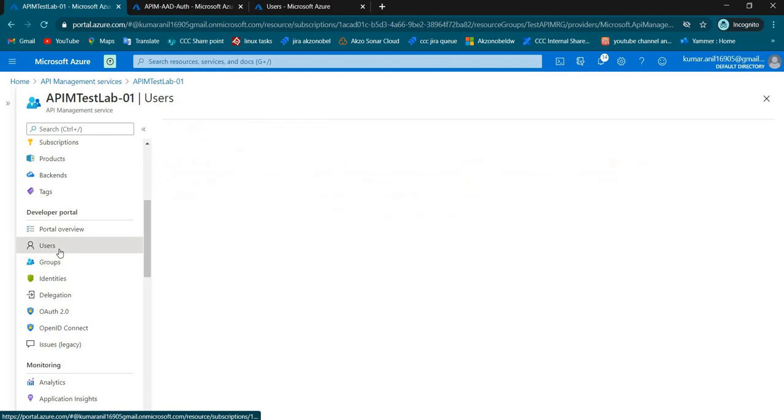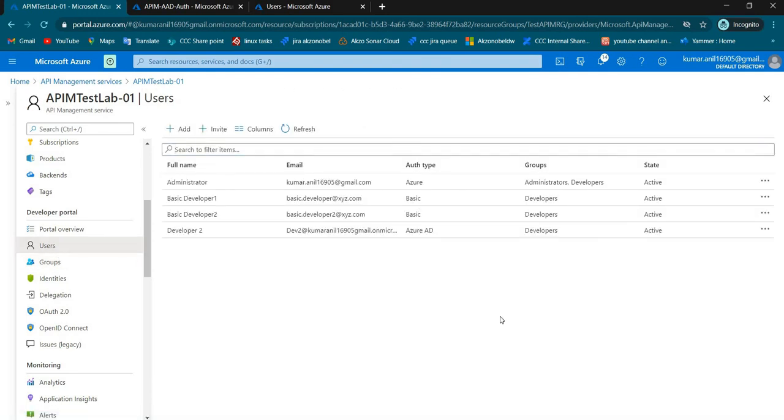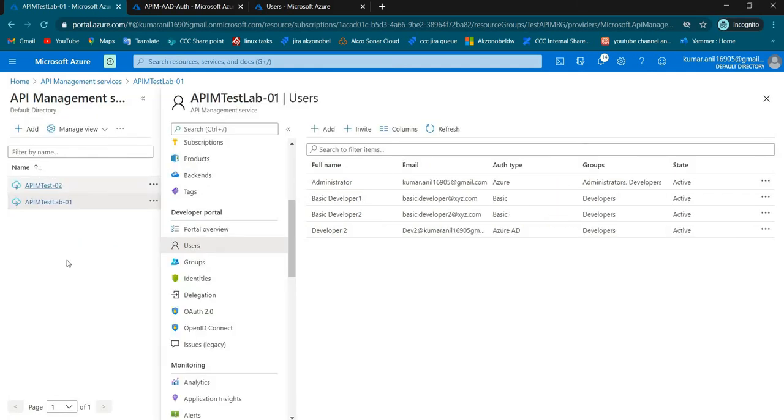Now let's go to users. Yeah, as I showed you, I have two APIMs. Maybe some companies will have multiple APIM instances. So now you might think, okay, if I need to enable Azure AD authentication, then I might need to use multiple app registrations.